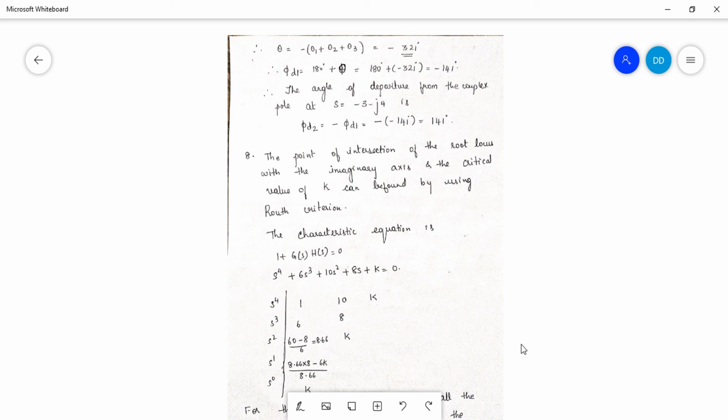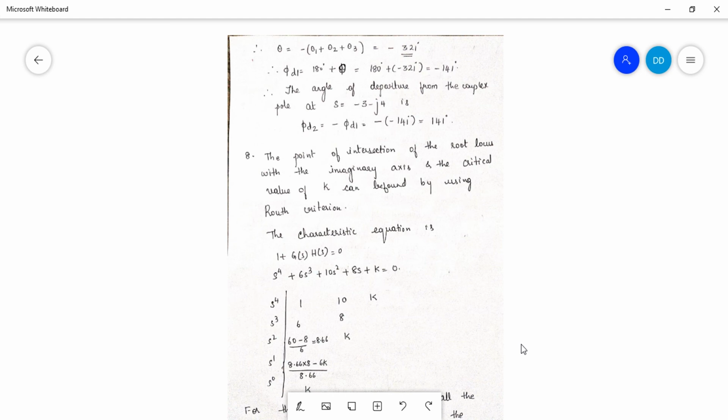So the last one is, we have a breakaway point at -0.9. So obviously the root locus branch will go to the imaginary axis and it will intersect with the imaginary axis. So we have to find at what point the root locus branch is going to intersect with the imaginary axis, and we have to find the value of k which causes instability. So for that, again we need to construct the routh array. To construct the routh array, we need the characteristic equation.